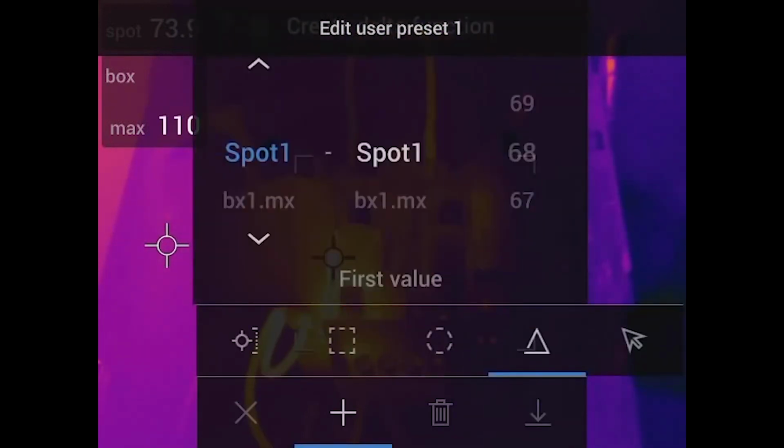You notice it brings up a new menu. I want to take the maximum temperature. So we're going to do the box maximum, or MX, and we're going to subtract that from our reference temperature. Again, something in the field of view that we're referencing. It could be the background, could be another target, but now we can set that, and we're going to subtract that. So now we'll have that calculation up on our screen.